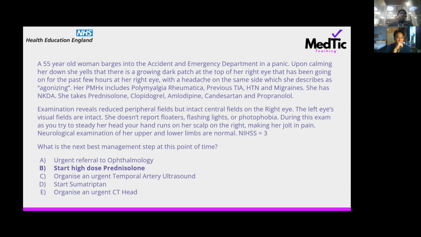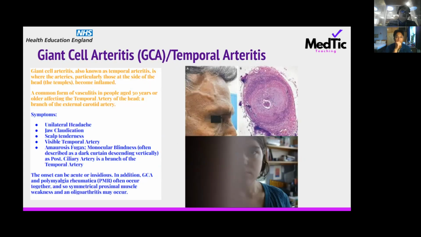in this case you have to start them on a high dose of prednisolone, and this decision classically causes some controversy and some argument during medical school as you learn about this condition, but we will just cover it in the next slide. As the condition I am talking about is giant cell arteritis, or temporal arteritis as a more classic term. It's a vasculitis, which is an inflammation of your blood vessels, which happens more in 50-year-olds and above, and it specifically affects the temporal artery, which runs along your